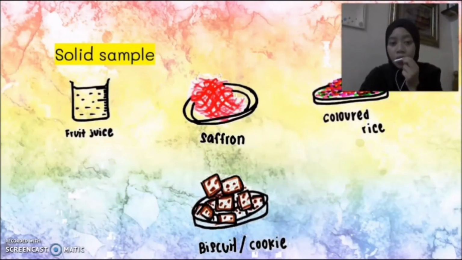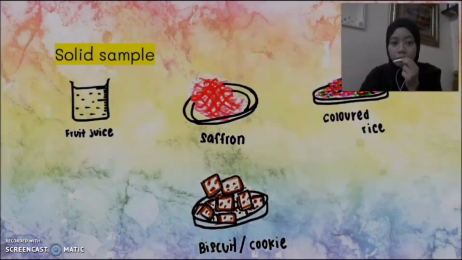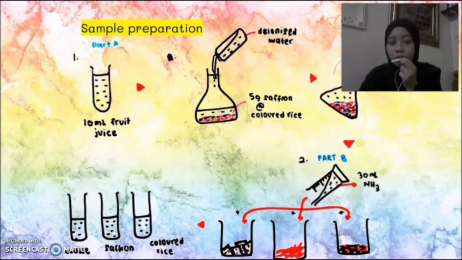In this experiment, we have 4 different kinds of solid sample. We have fruit juice, saffron, colored rice, and cookies. For the first step, we must make a sample preparation. What we need to do is transfer 10 ml of fruit juice into the volumetric flask, and